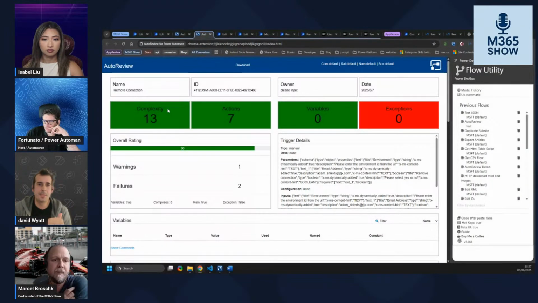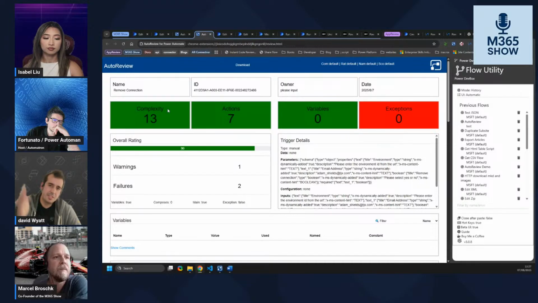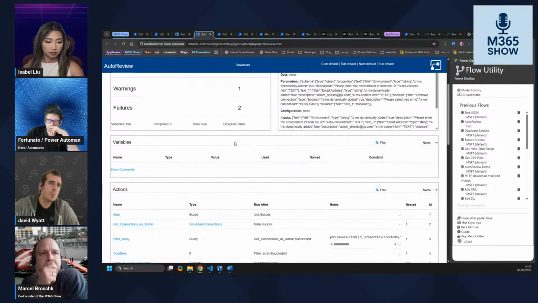And then the last bit is to pull all that data which is hidden behind click boxes and different areas, and make it in a way that makes it really easy for me to scan down and identify issues. So if we want to look at this one here, it tells me I've got my trigger and it gives me an overview. But then we get into things like, do we have any variables? Not in this one, that's great.